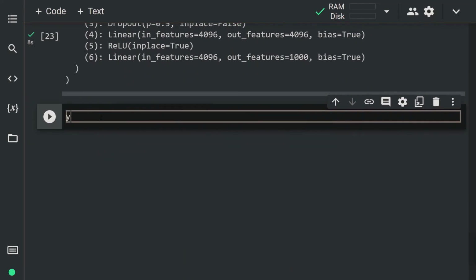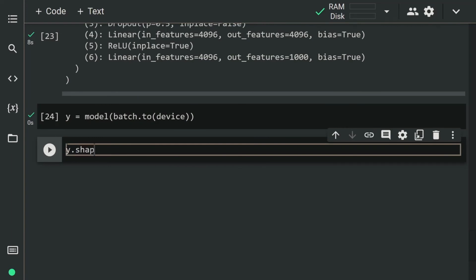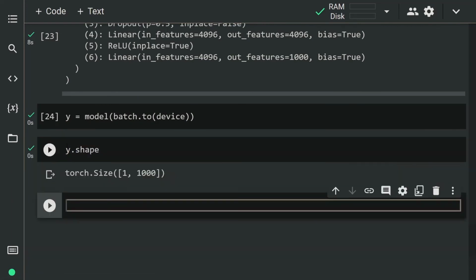Let me set y equals model of batch dot to device. Let's see the dimension of y. Here, 1 represents the batch of data. Since we have only one image, the batch number is 1. Since the number of classes is 1000, the value of 1000 is written on the screen.